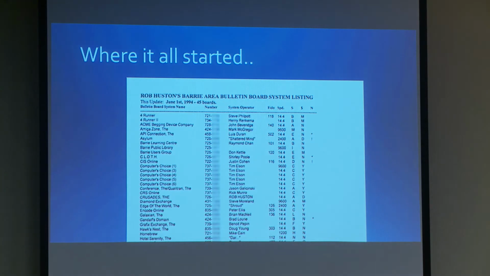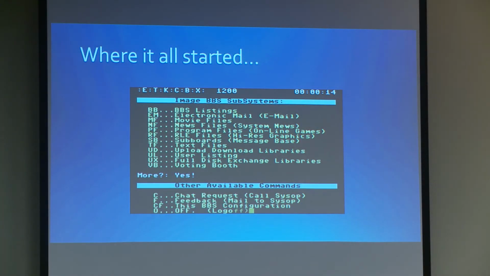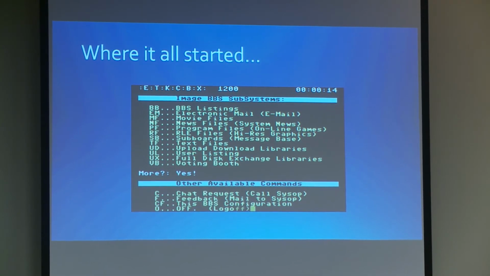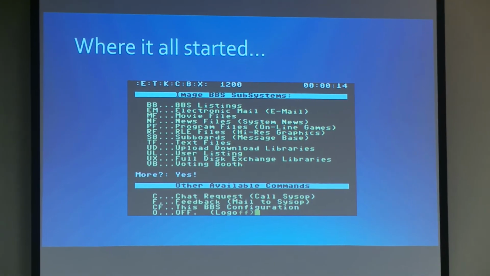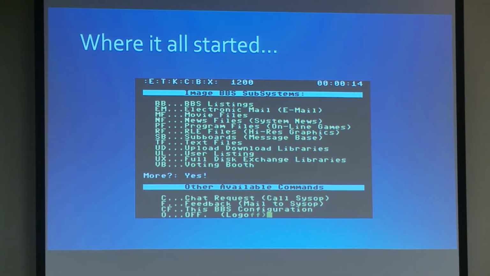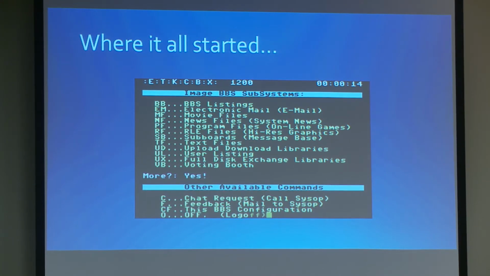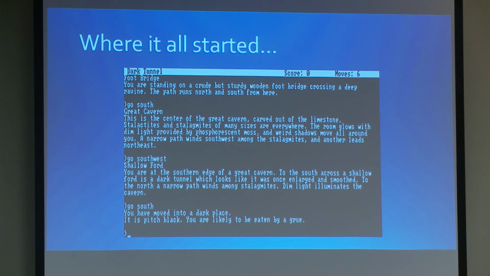In the back of a newspaper, in the back of a magazine, there was a whole bunch of phone numbers, and you basically plug that into your modem, and all of a sudden you were connected to this, which was a BBS system. And this was actually the very early stages of what we call email today. You would type a letter and it would bring you to the thing, and then you'd say, I want to send it to this user. And it was all isolated within that system. But this was my very first time getting this communication between different people all over the area. Don't worry, it gets better, I promise.